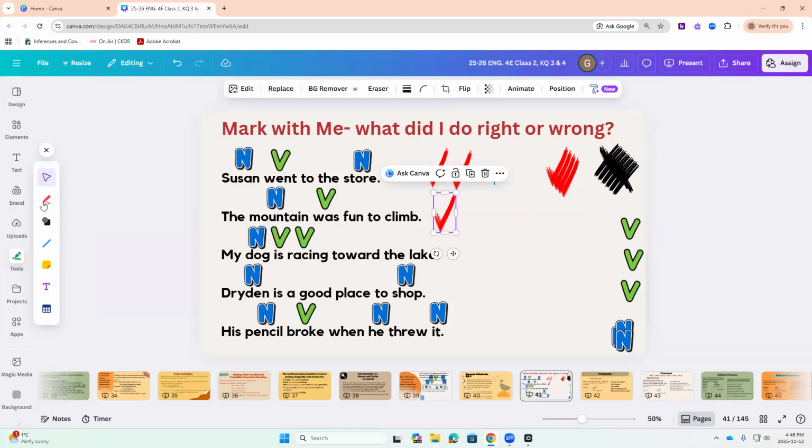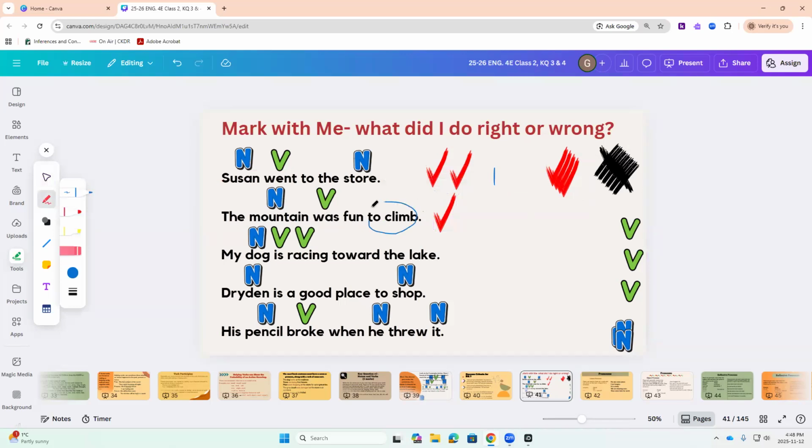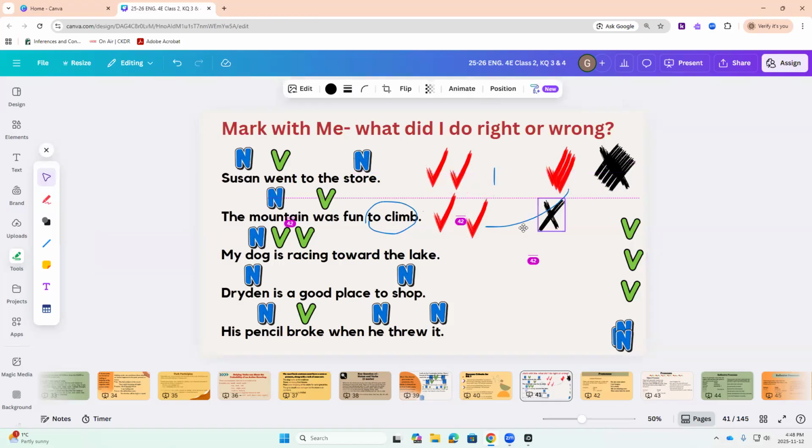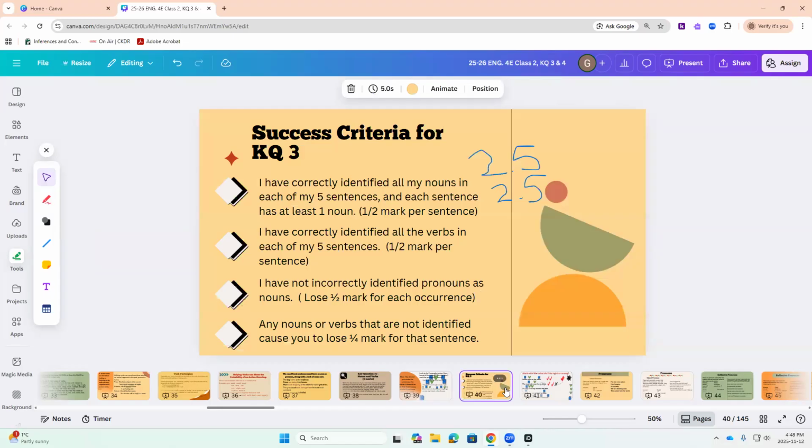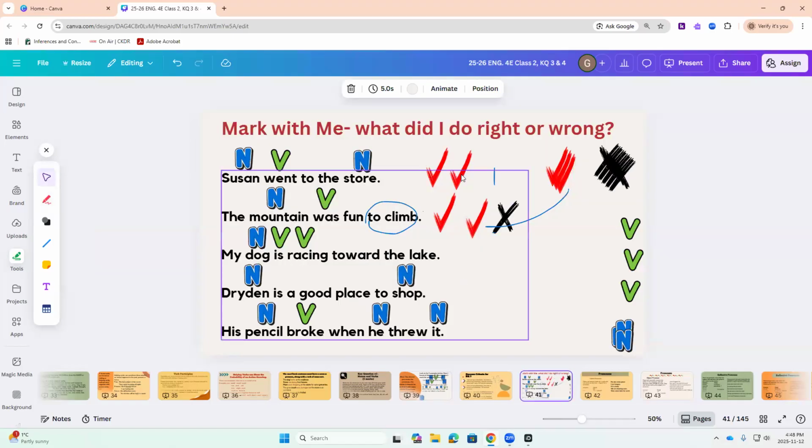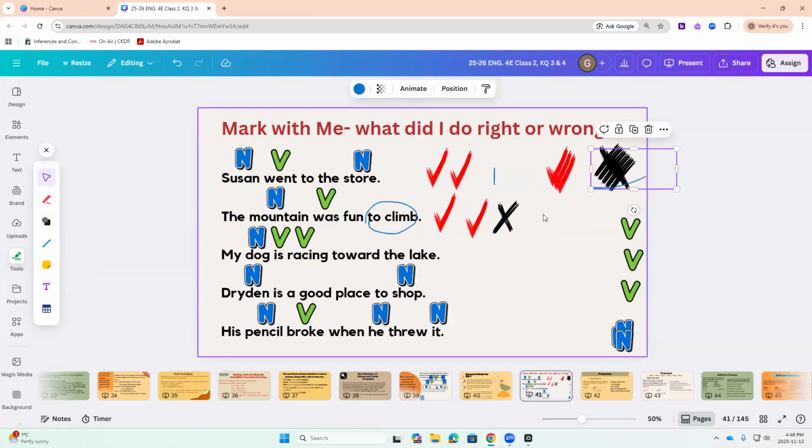So I missed climb. Uh-oh. So I got one of them, but then I had a mistake as well. So this is kind of being difficult here. I got one, but then I also got a mistake. So what I said was I would take away a quarter mark. So for that one, you didn't get 1 whole mark. Instead, what you got was,